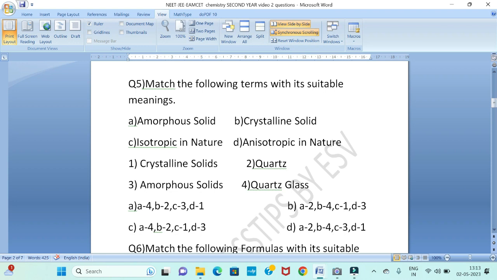Come on, fast. For biology, you have to take only half a minute. Daily I am telling, you take only half a minute. Within half a minute, you have to answer, because chemistry and physics take more time to solve the problems and think about the question, like what is the formula to use? So for that purpose, you have to solve biology questions within half a minute.